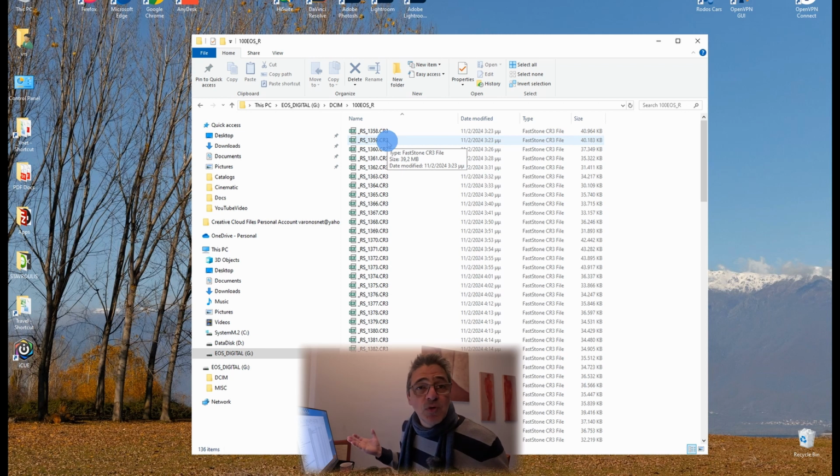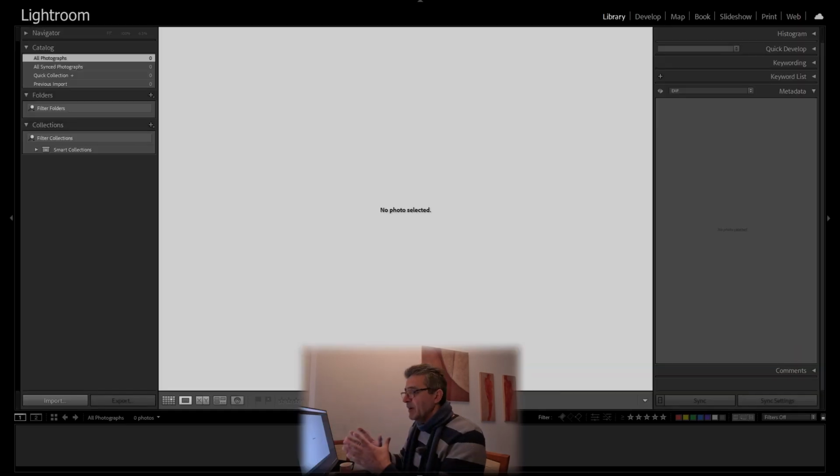How do I move them to my working area and into Lightroom? There are two ways to do it. The first way is to just put the SD card in and then go directly to Lightroom. Let's see how this works. So if I come to Lightroom and I hit this import button at the bottom left,